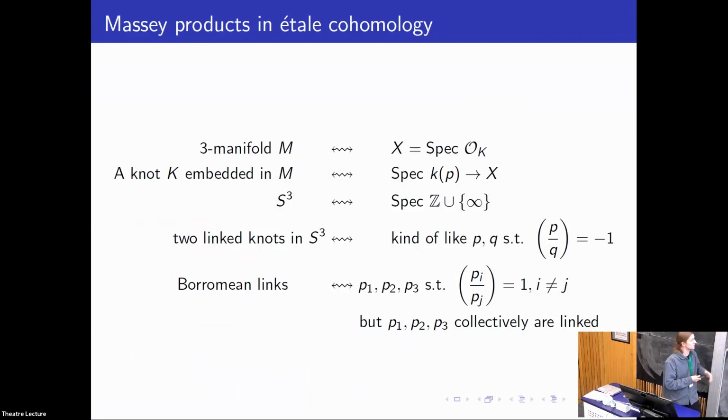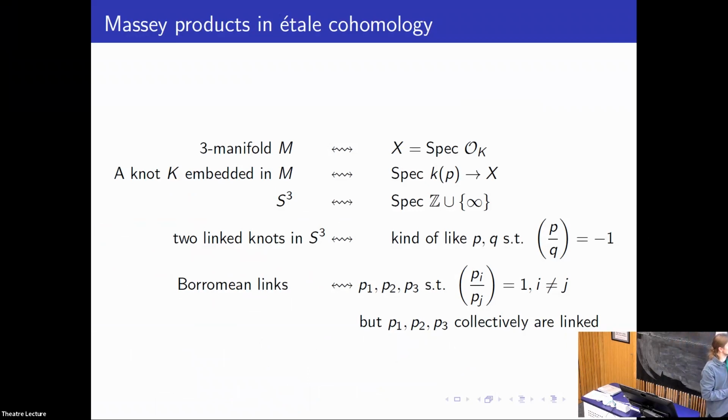Okay, so now that's the analogy. Then the natural question is, well, what should the integers correspond to in this analogy? You need to compactify the integers, but if you do that, then Spec Z compactified should be sort of like the 3-sphere. Okay, so then we have the first three lines here.